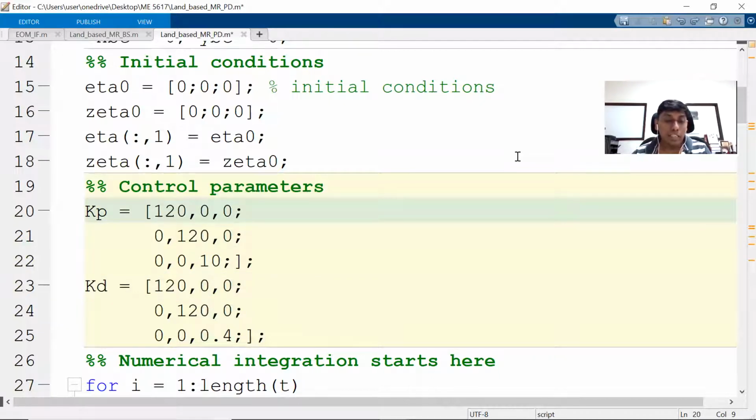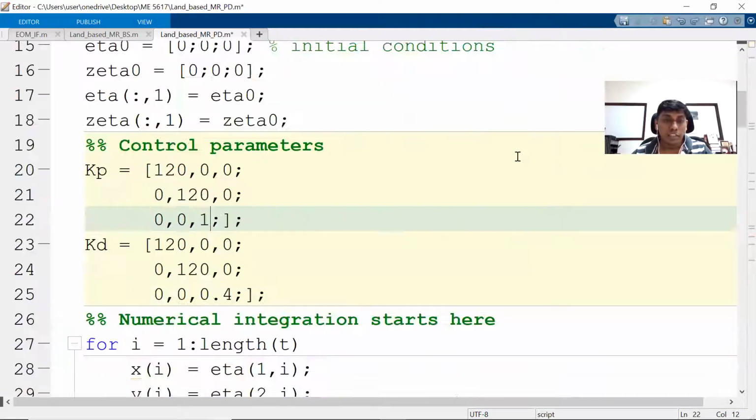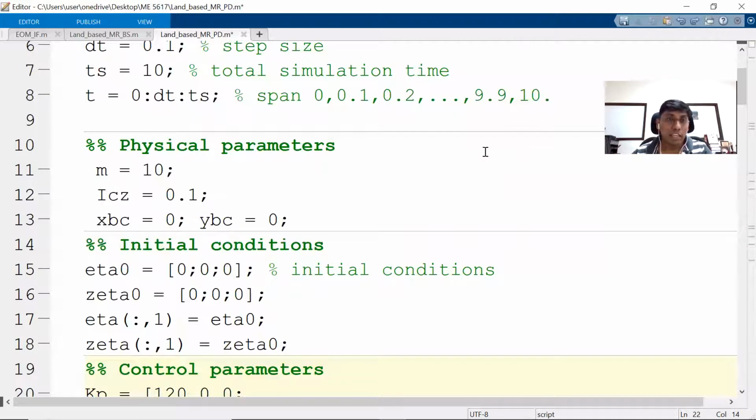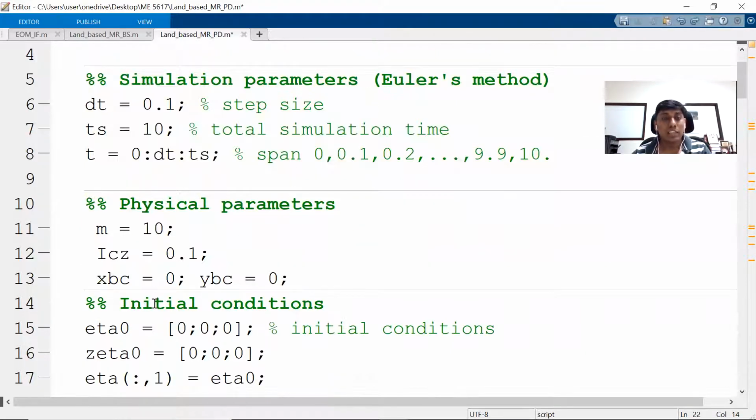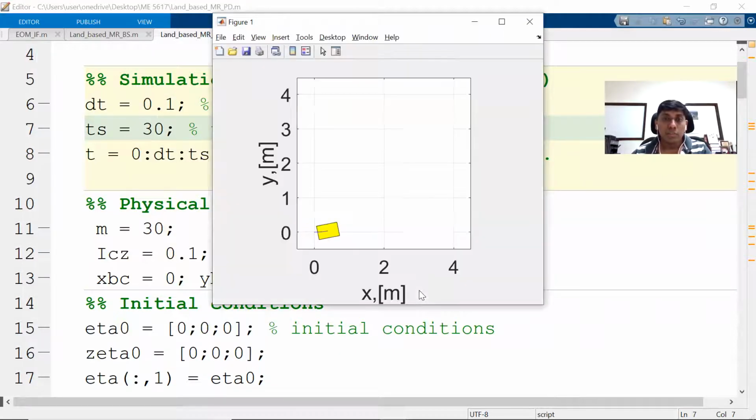Here what I did is a slightly different trick. Now you see this is probably 10 kilogram. So I've said that it is at least 12 times higher. This is probably 4 times higher. So now even if it is a 30 meter and this is, you can say, 30 second, you can see it is still following it. So this is what we wanted to see.